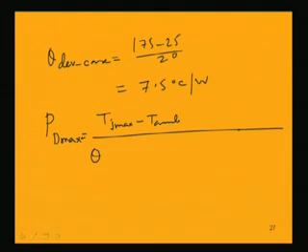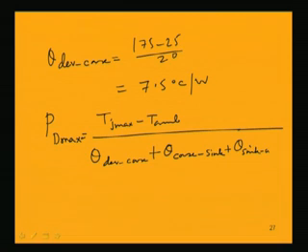So, we will be having Tj max minus T ambient divided by theta device to case plus theta case to sink plus theta sink to ambient. That quantity of the division between this Tj max minus T ambient and this whole thermal resistance will give you the safe power dissipation,